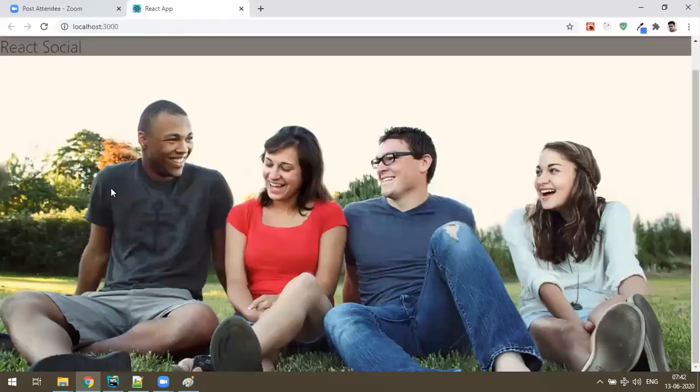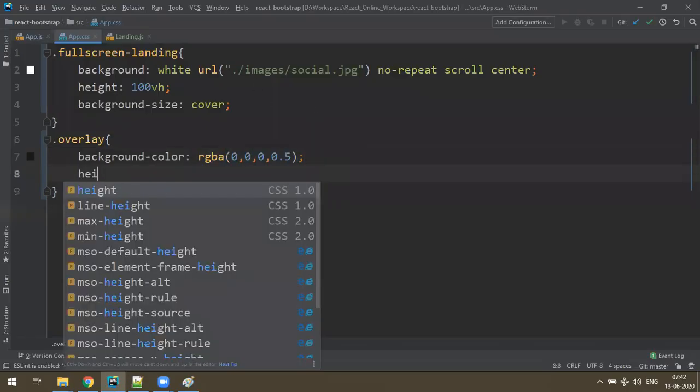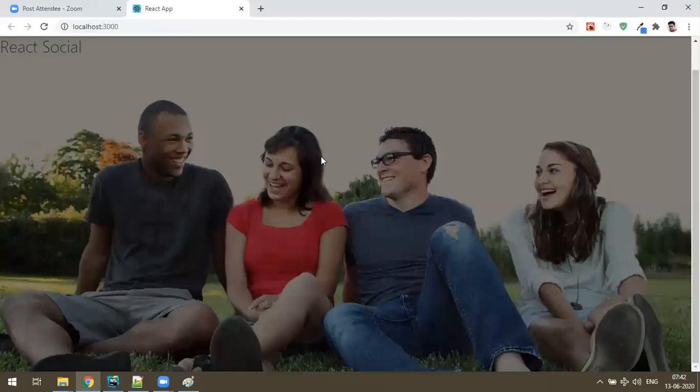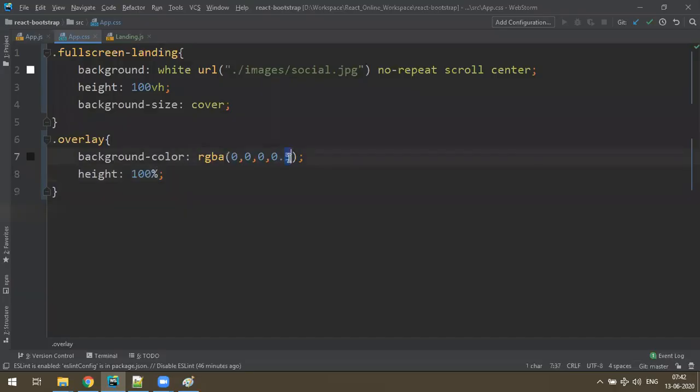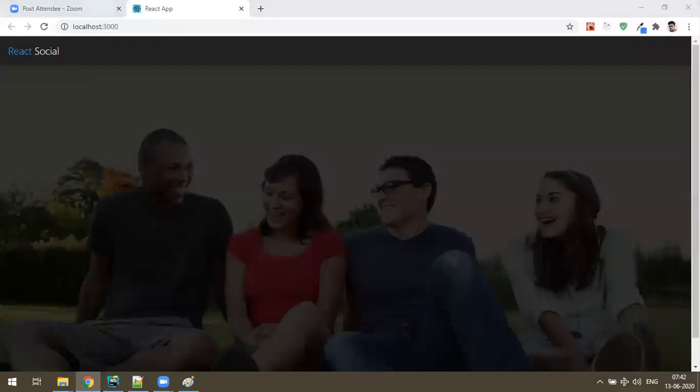What happens? You get some, but I wanted to occupy the whole page. You can make height 100%. So you get, yes, a nice overlay, and let's make some more light, okay, it is more 0.75.